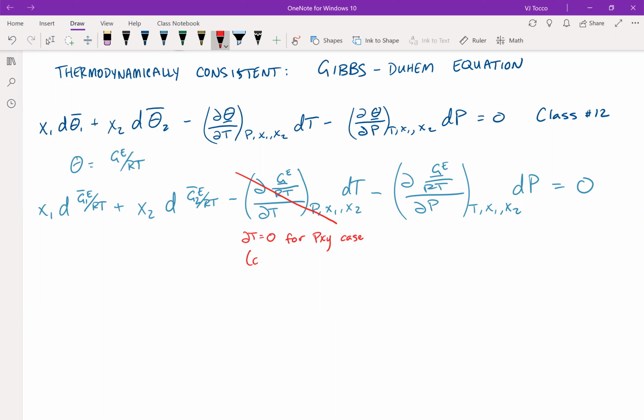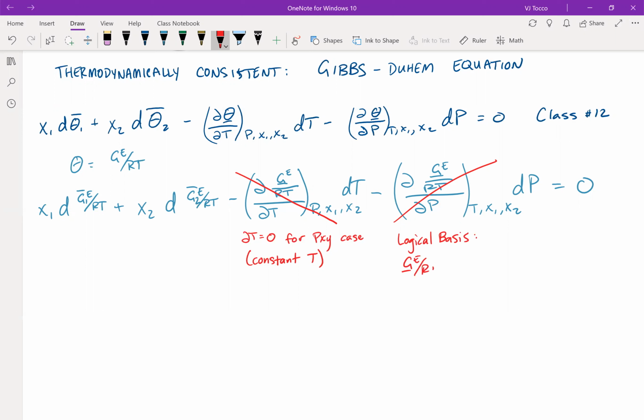And that is at constant temperature. Now, if I were evaluating the TXY case, I would cancel the fourth term because there is no pressure change. And you'll see why in a moment, because when I cancel this one, I can also cancel this term on the logic that I've proved before in Monday's class. I didn't prove it by showing it directly, but I evaluated expressions for how this GE over RT term changes with respect to pressure. And then I said if you were to plug in actual values for it, you would see that there is not much change with respect to pressure. So the logical basis here for this cancellation is that